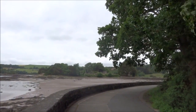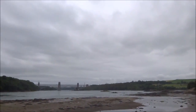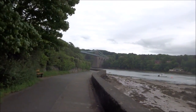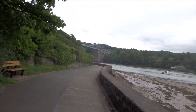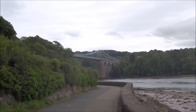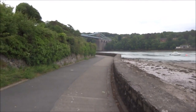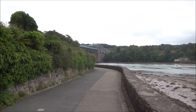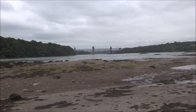Over there is Church Island. You can't quite see the church. It's behind those trees. But I'm on the Belgian promenade, constructed by Belgian refugees during the First World War. And ahead is the famous Thomas Telford Bridge, and I'll be crossing that in maybe half an hour or so, and then going along that wooden walk to that other bridge, the Britannia